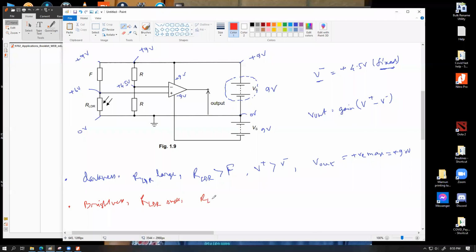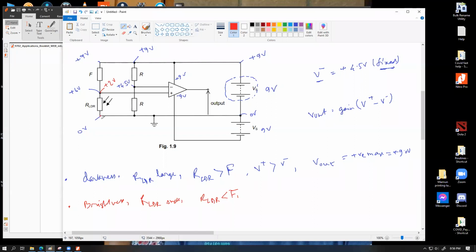So let's assume in this case the LDR resistance is smaller than the F, which would mean this is consuming a bigger fraction of the voltage, and this is consuming a smaller fraction of the voltage. Just for the sake of discussion, let's assume this one is consuming, out of the 9 volt availability, maybe 7 volt. So 2 volt is remaining over here, and then 2 volt is consumed by this one, because this has a smaller resistance, so this is consuming less, and then it becomes 0 over here after the consumption of